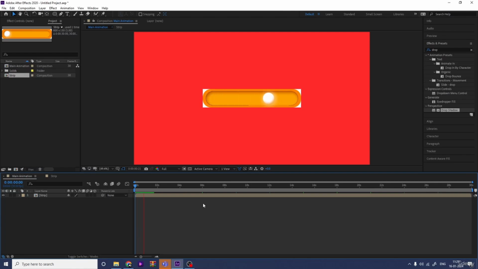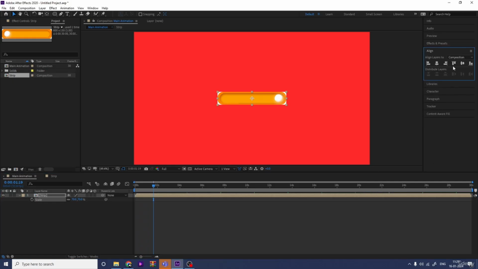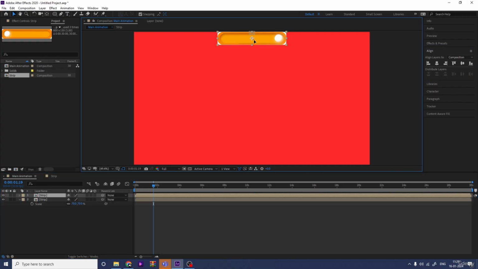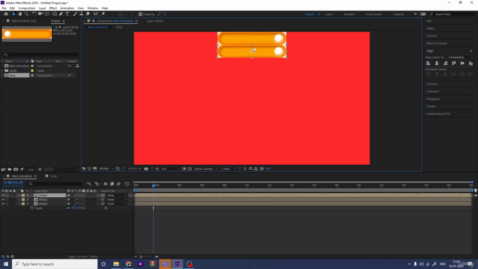Okay, so we will get this kind of animation. Now select this, press S, and let's make this 70%. Go to the align tab and align it at the top. Now make sure to enable this snapping option and hit Ctrl D, and we will simply bring this downward, and